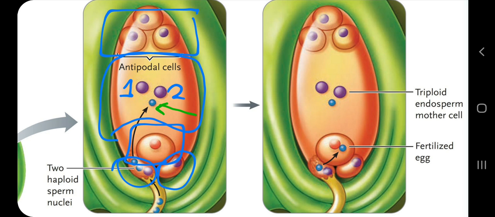blue sphere is the second male gamete or second sperm. Where is the first sperm? The first sperm will fuse with the egg cell, and will give rise to the zygote. Here you can see the process of fertilization, the fertilized egg. Why is it not a zygote, why is it a fertilized egg? Because it has two nuclei, one from sperm, one from egg. When these two nuclei fuse and form a single nucleus, then it will be called a zygote with a diploid nucleus.